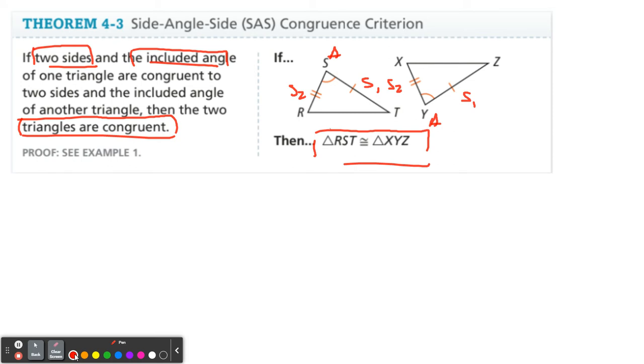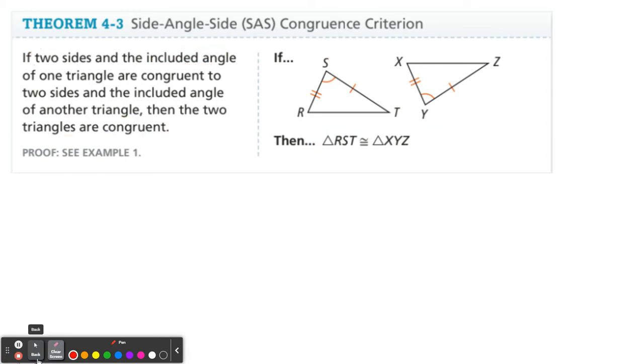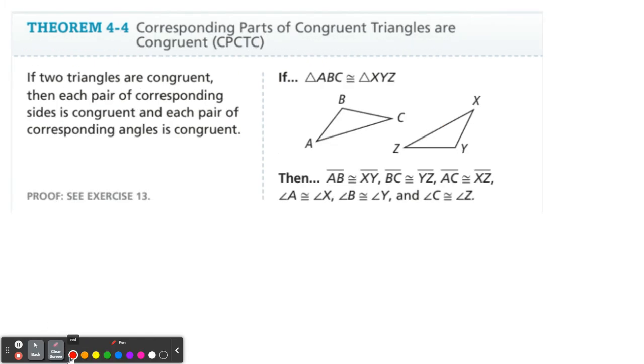Now you might be asking, okay, if those three parts are congruent, what about the third side and the other two angles? Well, I'm glad you asked that question, because a lot of times when you do proofs, you use this idea called corresponding parts of congruent triangles are congruent,